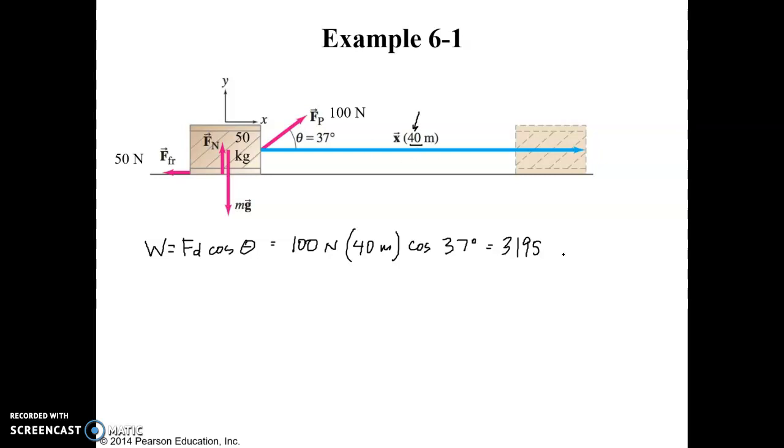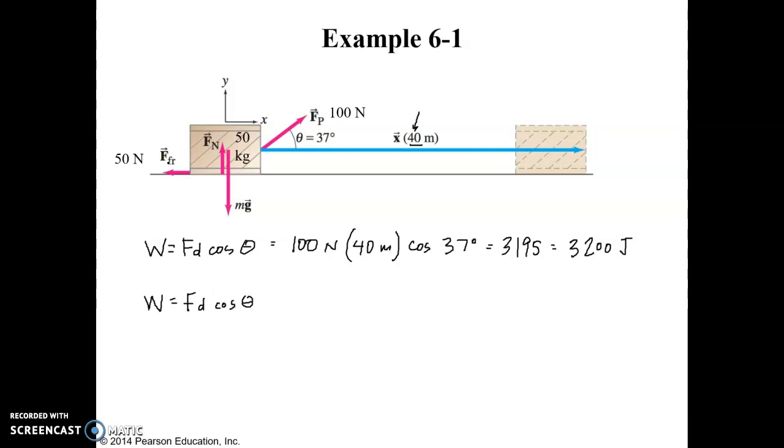But the author uses two significant figures here, so it's 3200 joules. So that is the work that we are going to do on the crate in order to make it move. But while we are doing work to move the crate, friction is also doing work trying to stop us, working against us. And so the work done by the friction is also W equals FD cosine of theta,